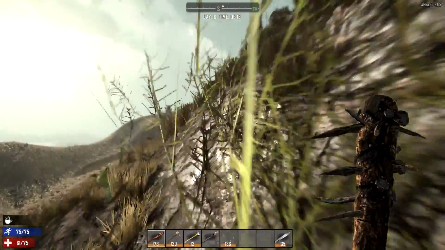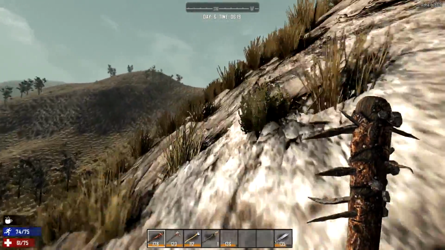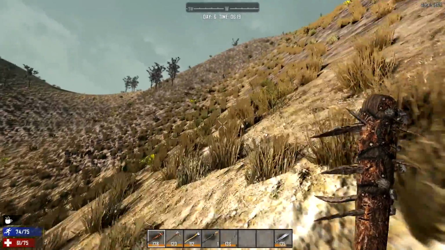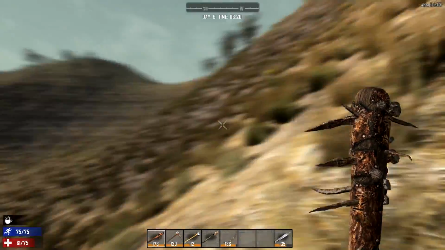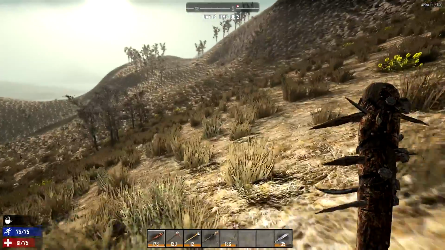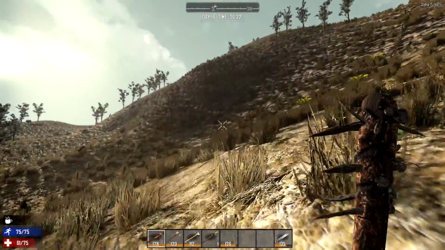I guess there was a road going the other way I could have taken, right? Don't slow down. We don't have that much time to play around with. I kind of wanted to go up around the top of that mountain, but...